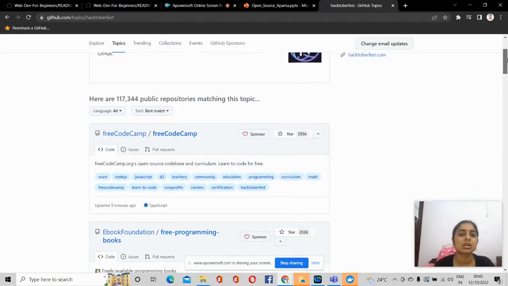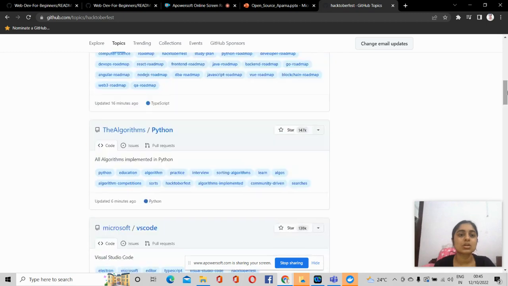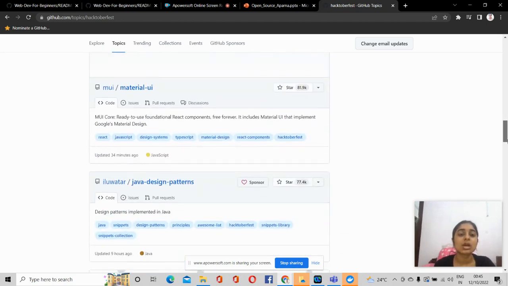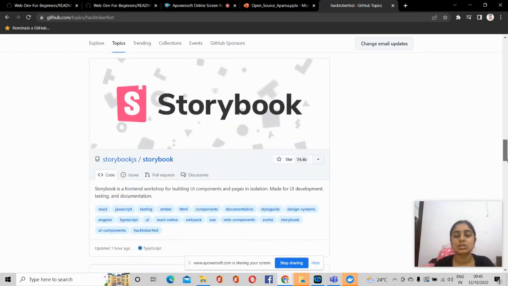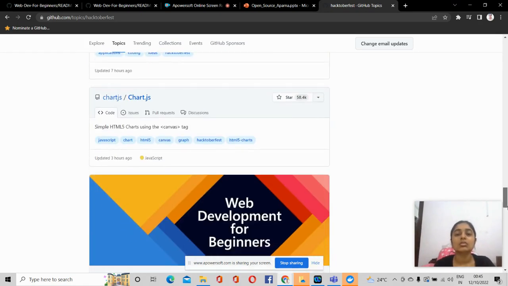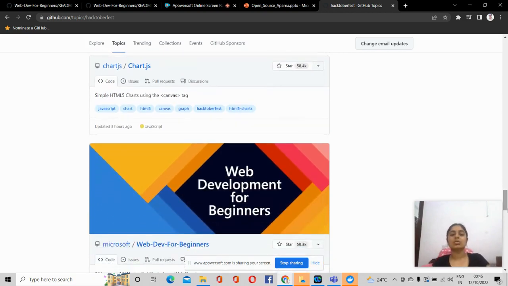Here you can see these are so many projects that are participating in Hacktoberfest. You can select any one of these projects and create a pull request. To be eligible for swag, you have to complete at least 4 pull requests